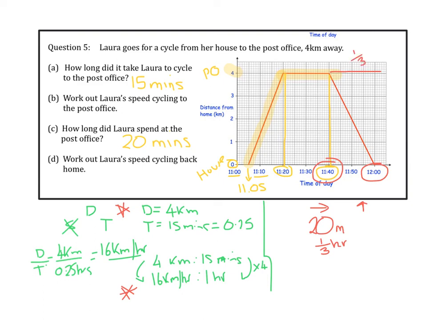So that's 1/3 of an hour across. And we're going from 4 to 0. So that's 4 down. I'm going to keep the negative in just for mathematical purposes at the moment. I always need 1 across. So I'm actually going to times by 3 here